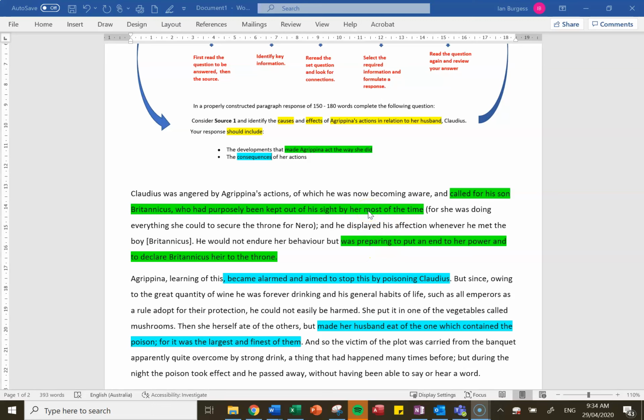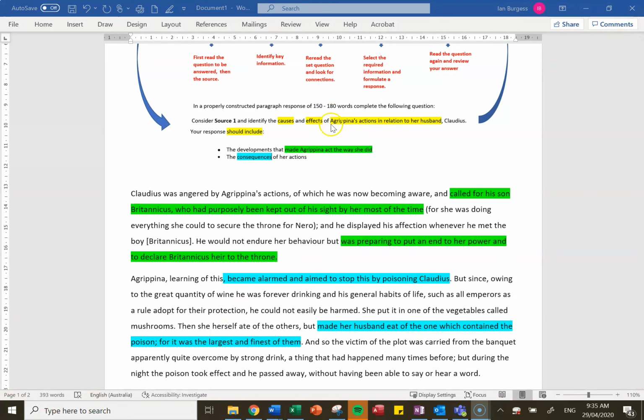Agrippina decide to poison Claudius. Okay, so the consequences of this, so because she's threatened and Nero is threatened, she aims to stop it by poisoning Claudius. Okay, and she's even extra tricky in doing that because she eats from the same bowl that contains the poison mushroom,